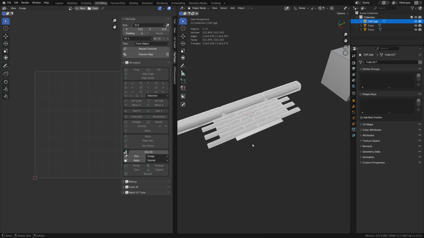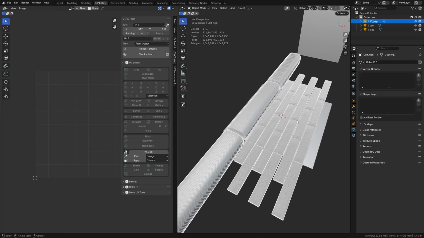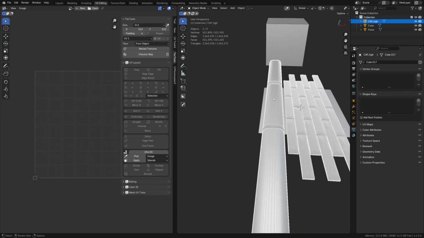I don't think it works out too well. You're better off baking those to low polys and doing it that way. And then you can take the low poly and make another model and map it to the low poly, because then you're going to have to use, possibly, not always, certain types of chamfers or bevels. You might have to use custom normals where you start pointing your object's normals back out the way it's supposed to be displayed with